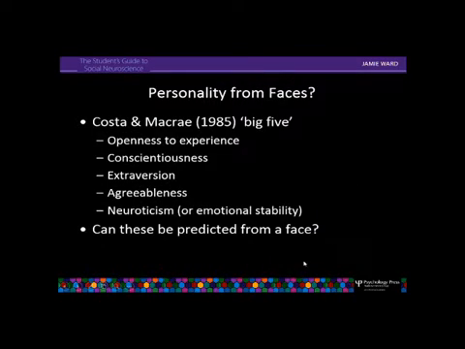There are various ways in which you create these images, and I'll go through them. What about personality? So this is the classic personality dimensions of Costa and McCrae. And the question is, conscientiousness, extroversion, and so on. The question is, can you predict them? So